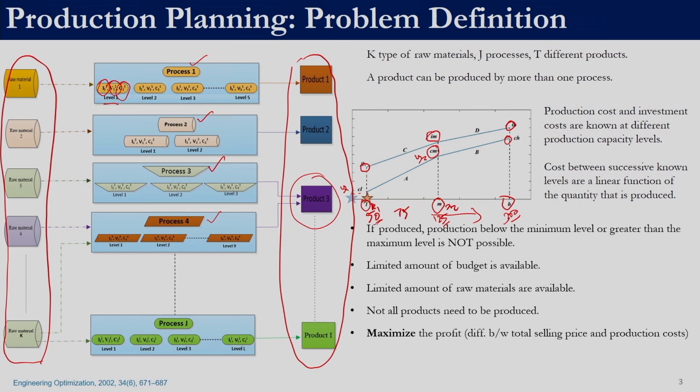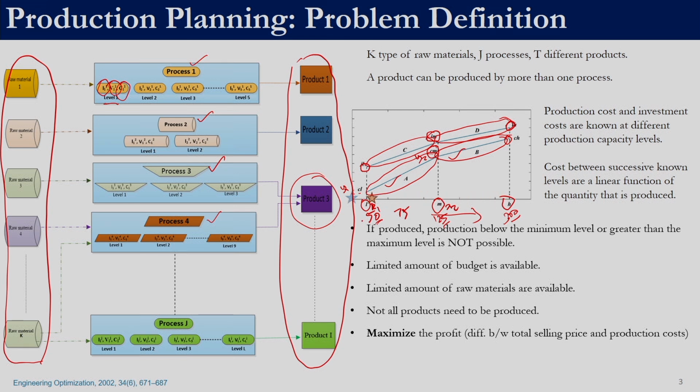Similarly, between M and H, the production cost is linear. Just like production cost, the investment cost is also linear, but the slope and intercept are different, as shown in the figure. These two put together form a piecewise linear function. It is linear in this range and it is linear in this range. Similarly, for investment cost, it is linear in this range and it is linear in this range. So, this is a piecewise linear function.